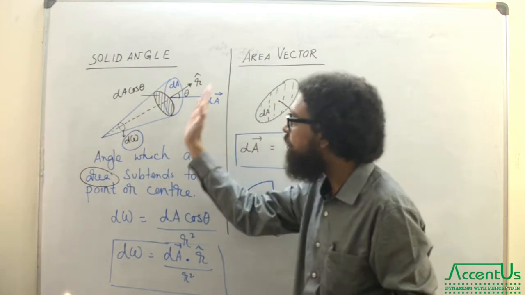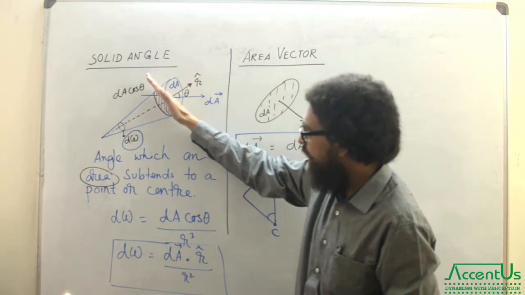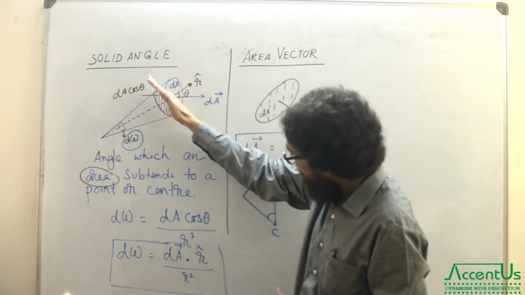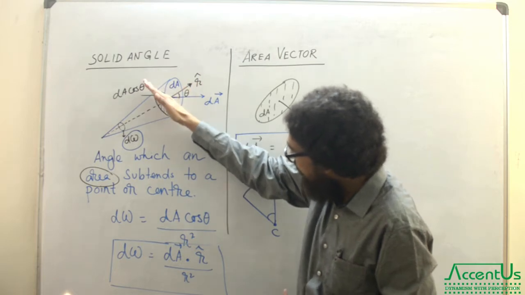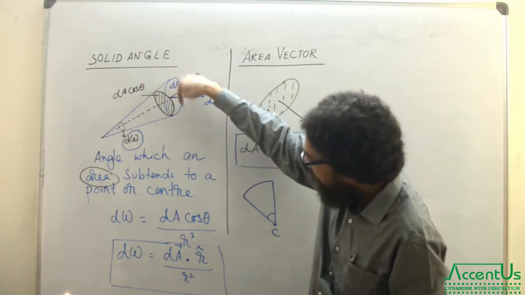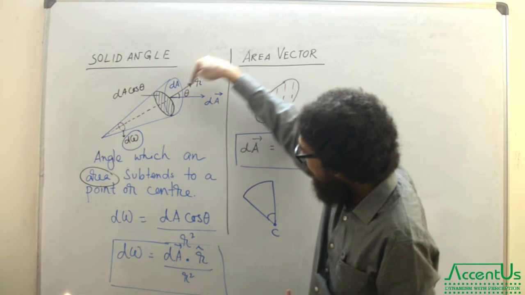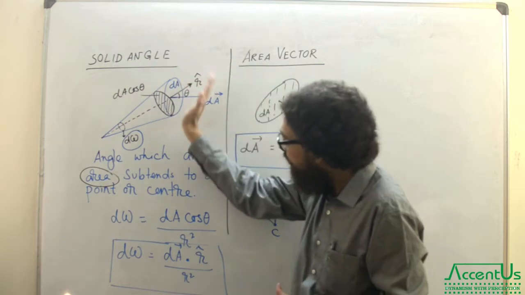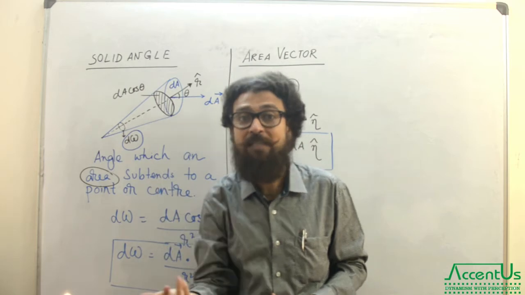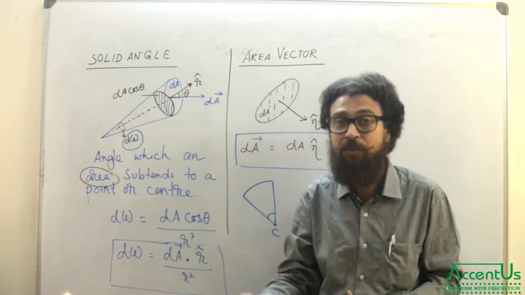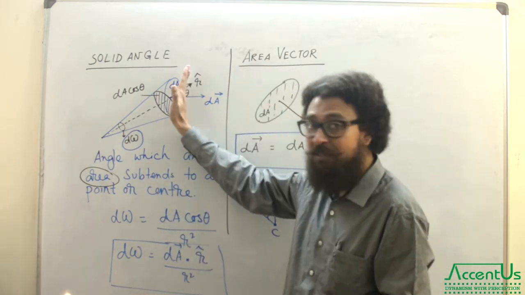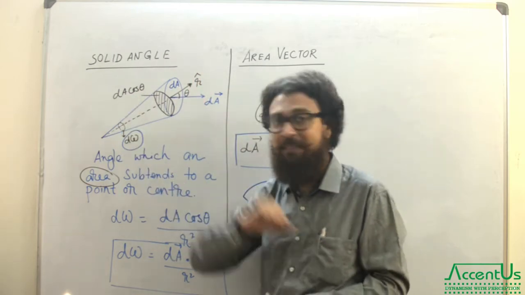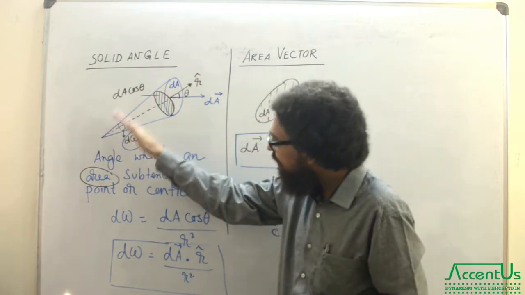So what do I have to do? I have to take a projection which will be symmetric with respect to this point. It has to be symmetric. So we are taking a projection this way, and this black area has a unit vector, r cap, which is directed like this, and this angle is theta. When we take the projection of a vector, if A is the vector, the projection is A cos theta. So dA is the vector, the projection is dA cos theta, and now it is symmetric to this.